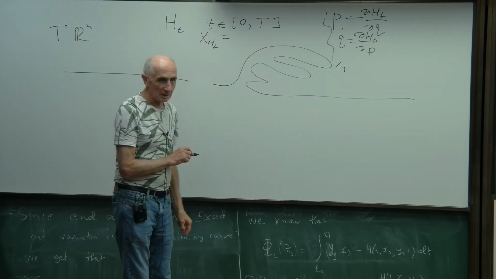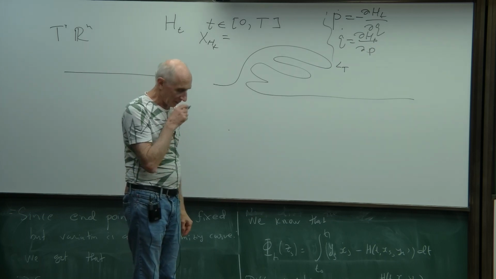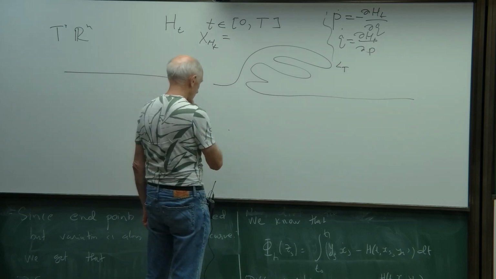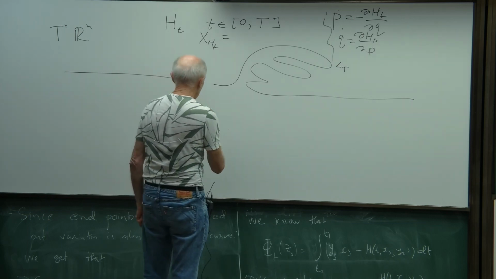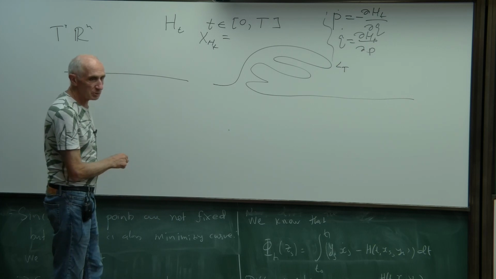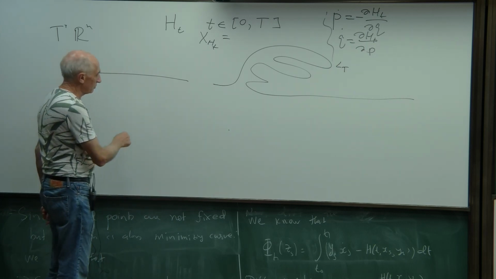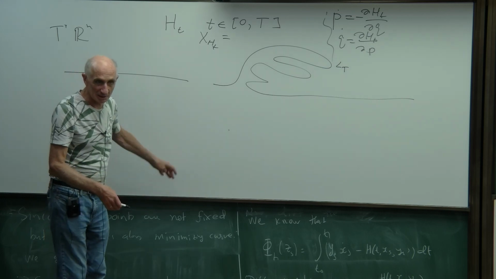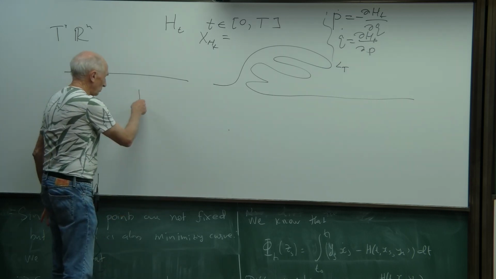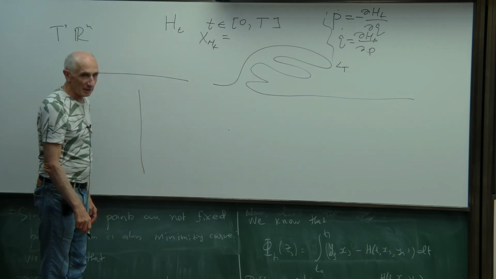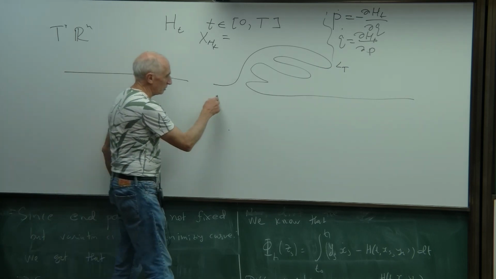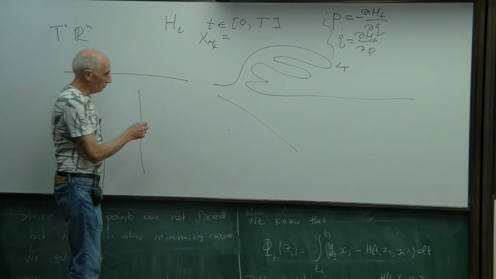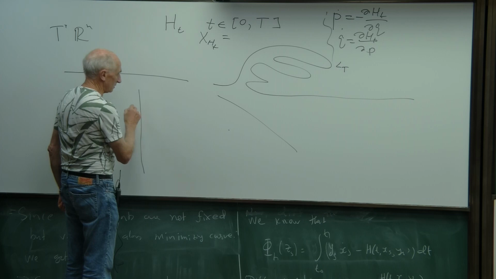Suppose you have any two initial conditions in the phase space. So suppose you have two, say, Lagrangian submanifolds, and you would like to understand